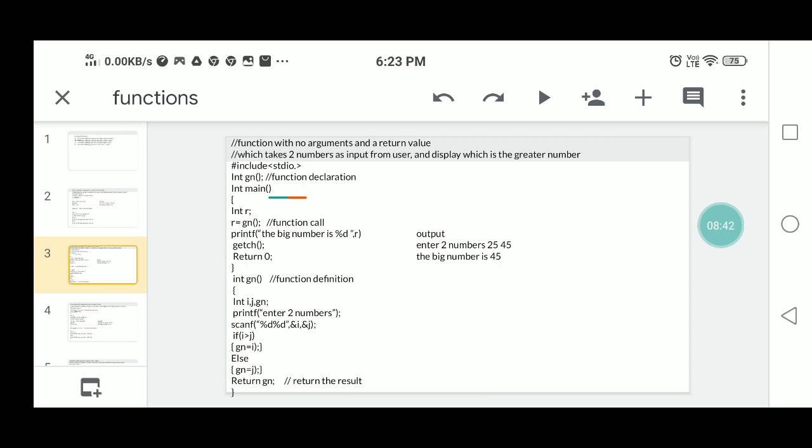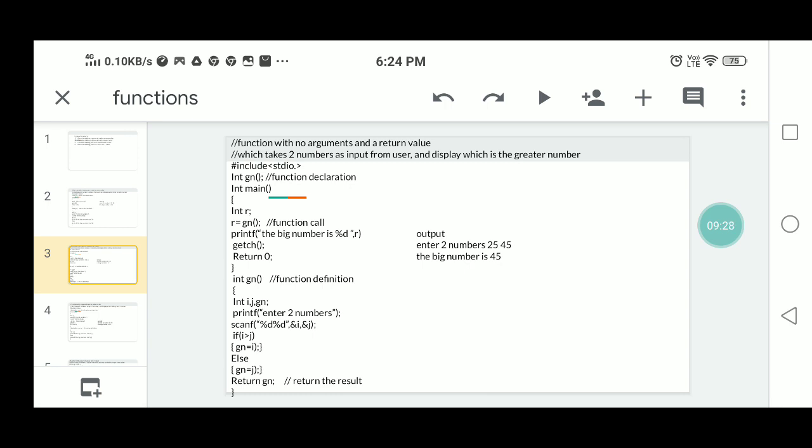It returns the greatest number from gn to the r variable of the function main. Here no arguments are passed from main to the user defined function. There is no passing of the actual parameter values to the formal parameter values, but the user defined function returns the output to the main program.